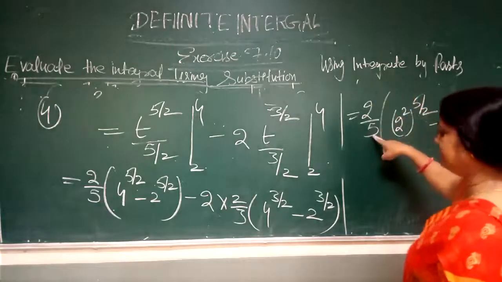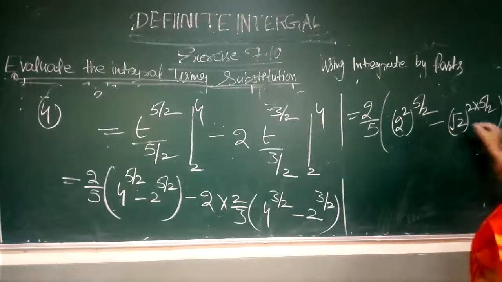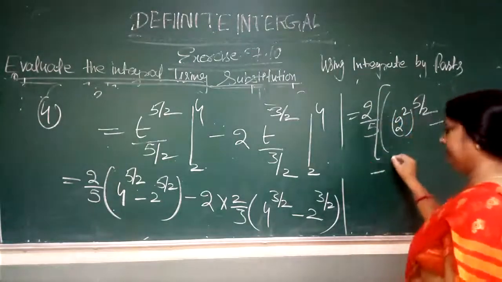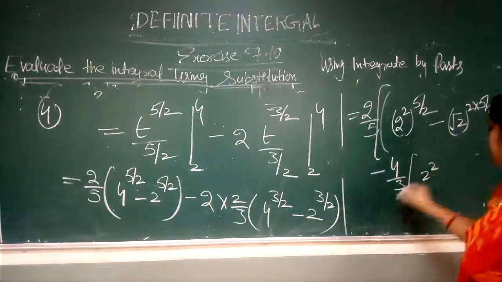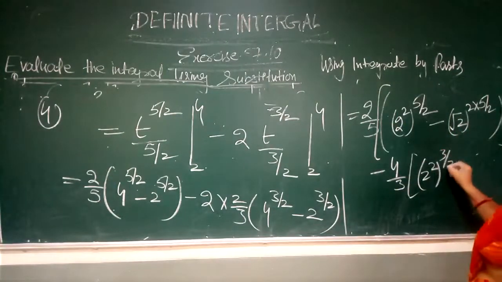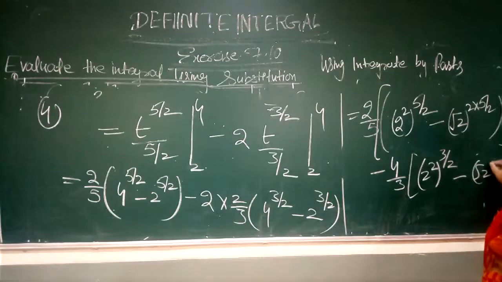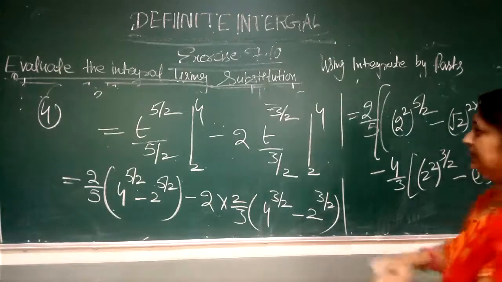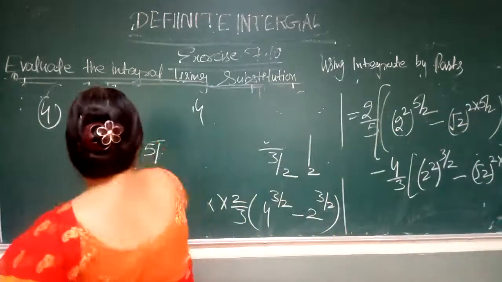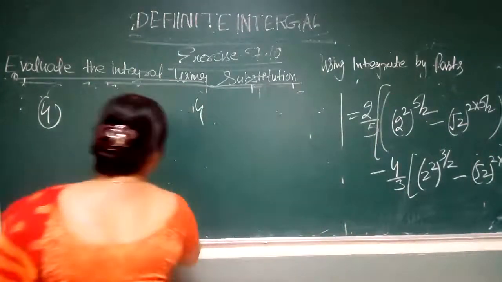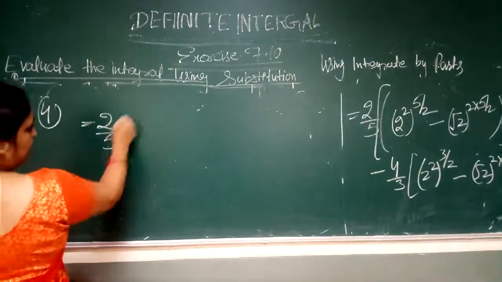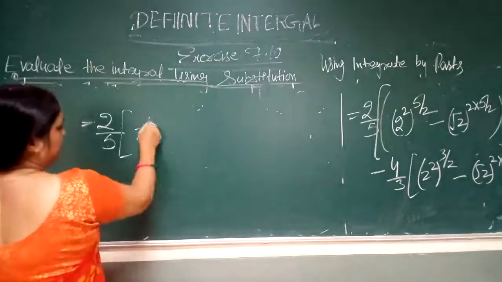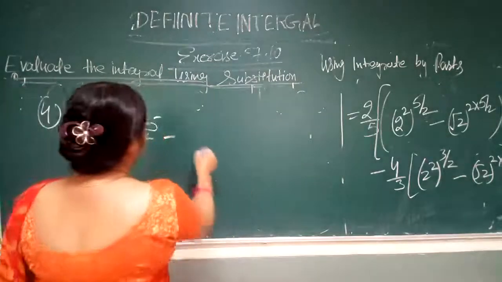This 2 by 5 is outside here. After that this term it will be minus 4 by 3 into 2 square 3 by 2 minus root 2 square 3 by 2. After that, now solve it. It will come 2 by 5 into 2 raised to power 5 minus 2 raised to power